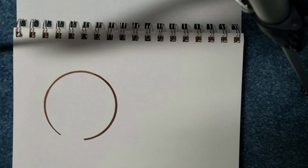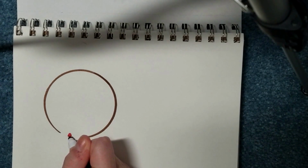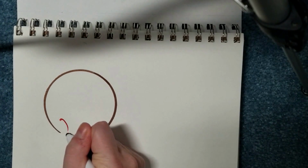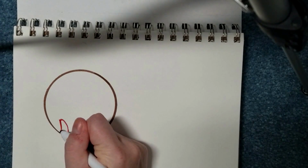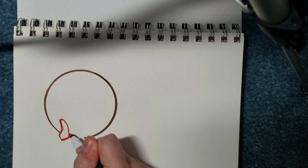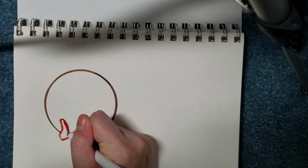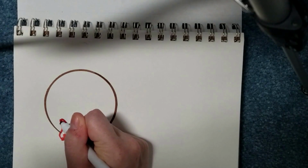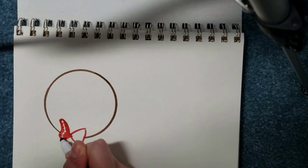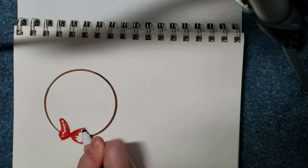And then I'm going to go ahead and draw an offset bow, which I think will look very cute. And if you guys don't know how to draw a bow, I have a tutorial on that on this channel that you can go visit and it'll teach you how it's done. Very easy though. And I'm only going to do a 2-shade bow for today